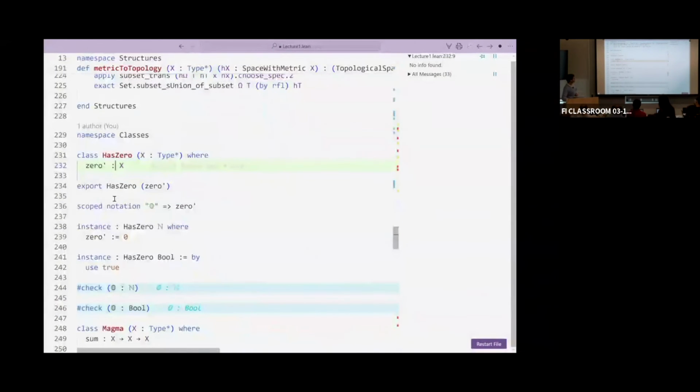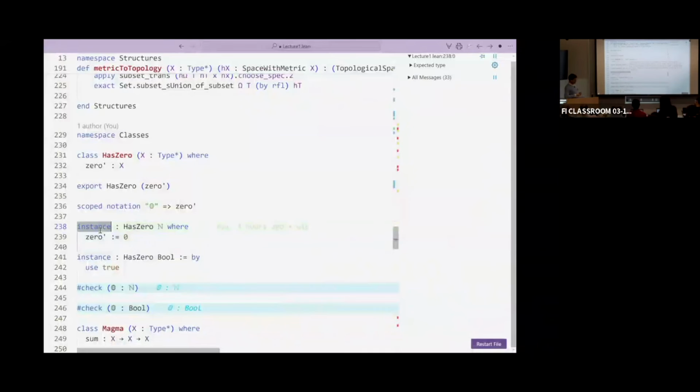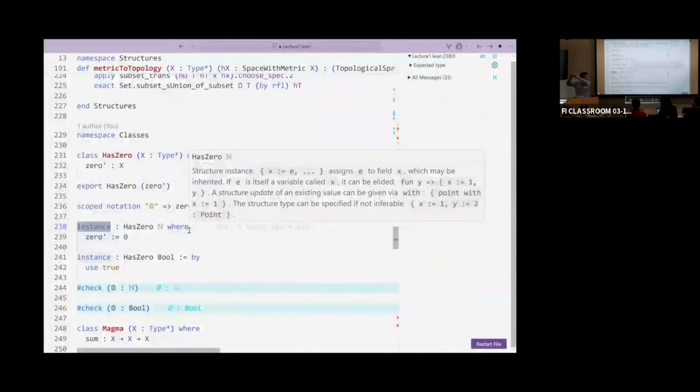And the second thing I want to do is, you remember we had this definition of this term HasZero and of this term that I called nat_zero, which was this term of HasZero Nat, which was our witness that the natural numbers were pointed with zero. Now, instead of def, you write instance. Instance is the way of saying, okay, in your database, in the column where HasZero shows up, put a term here.